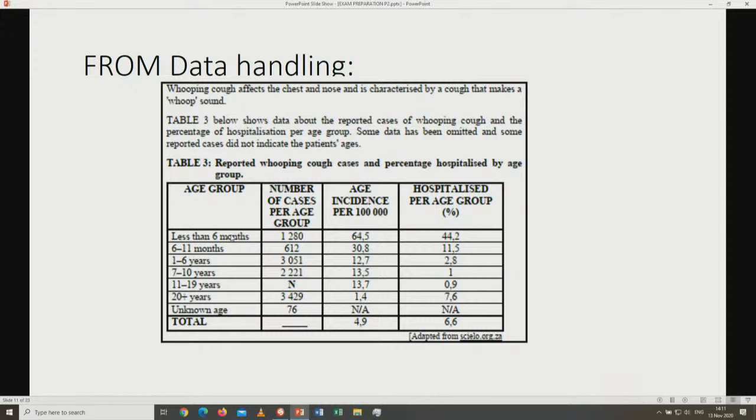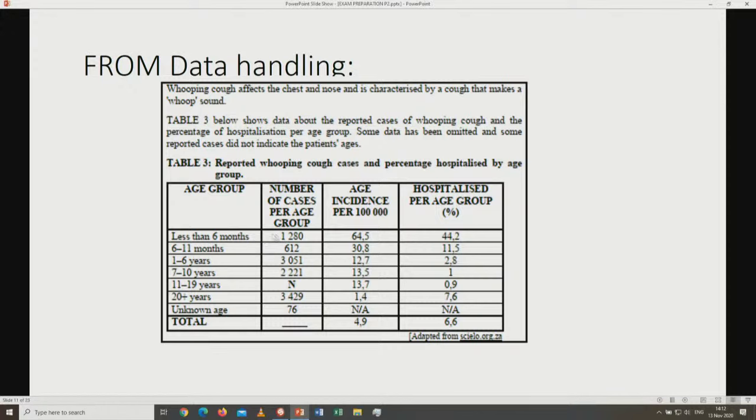And if you want to know if 6 months is included or not, the words less than show you that it's not included. And then if you look in the second line, you will see from 6 to 11 months. So these kids can be newborn, 1 month, 2 months, 3 months, 4 months, 5 months, and just before 6 months, but they are not yet 6 months old. So the number of cases of whooping cough that they have recorded for this age group is 1,280. In other words, 1,280 babies who got whooping cough